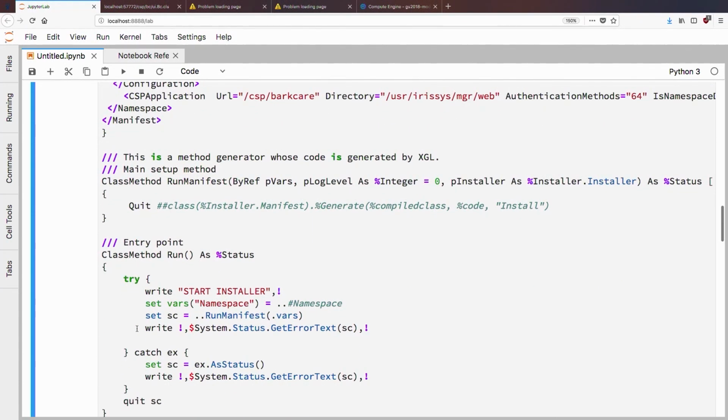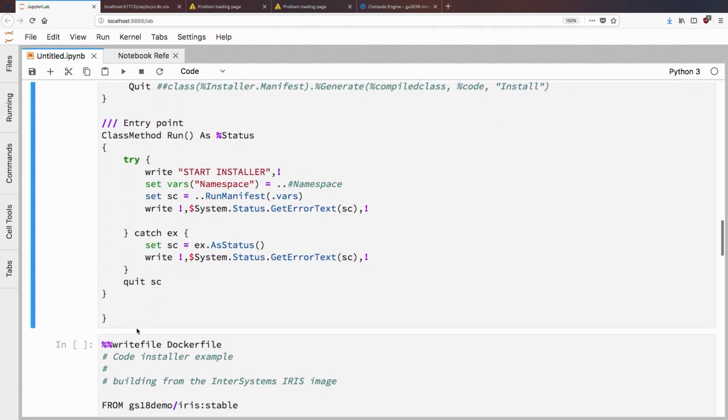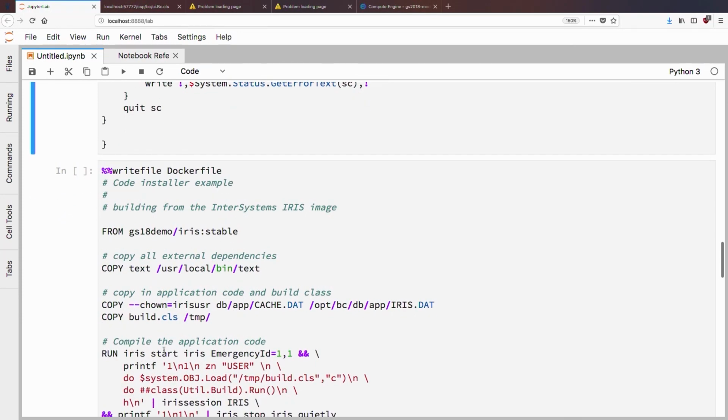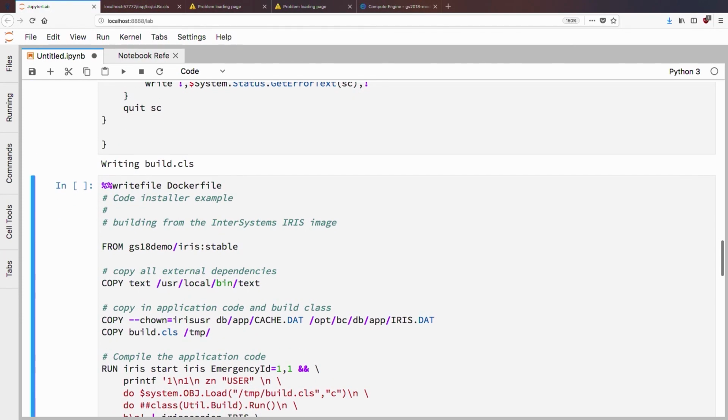The first one is a method generator that, based on that XML definition, will generate the actual code that will change my database configuration. Another one is the entry point, which will just call that method with parameters. So I will write down this file,